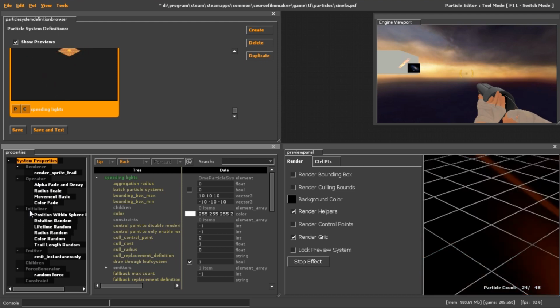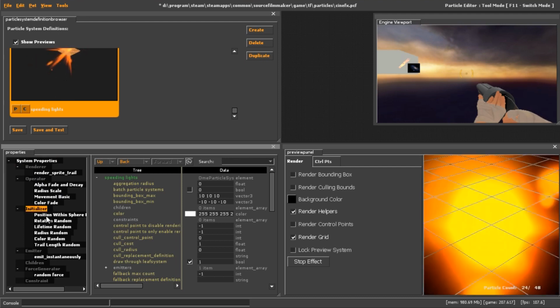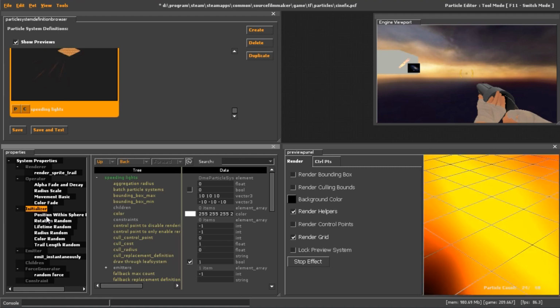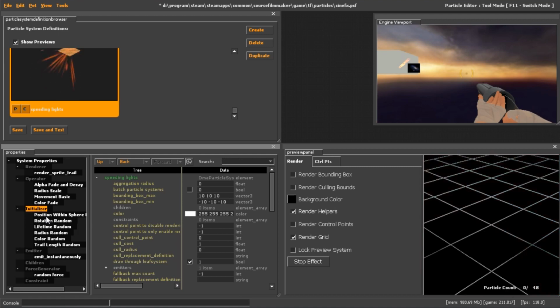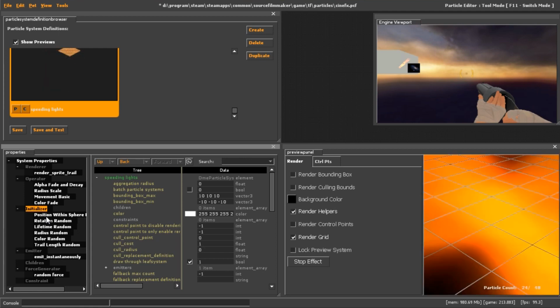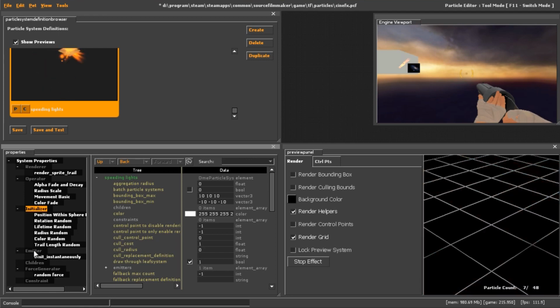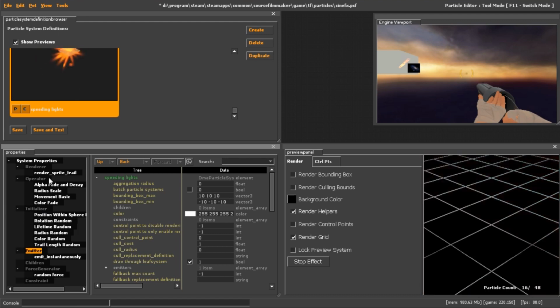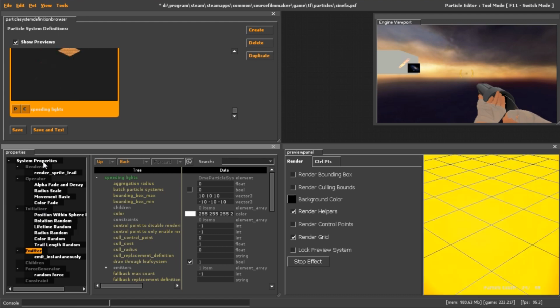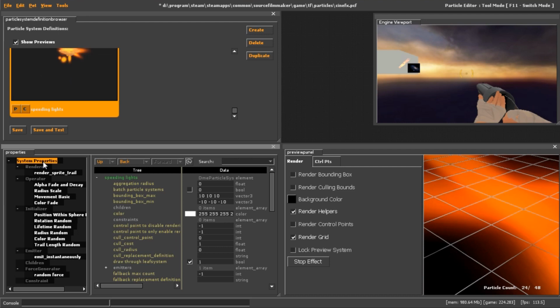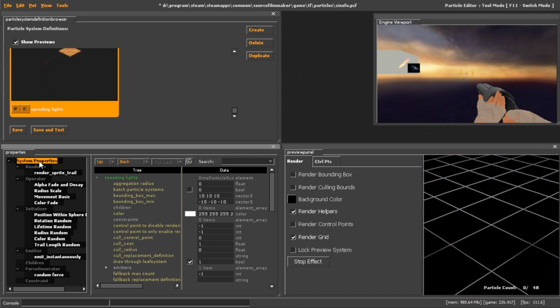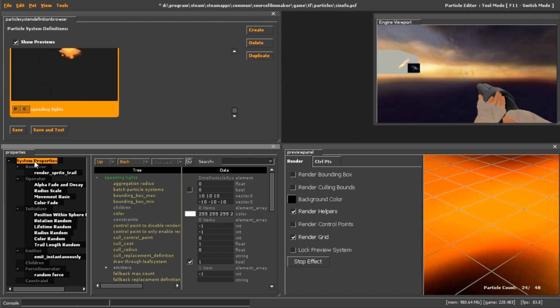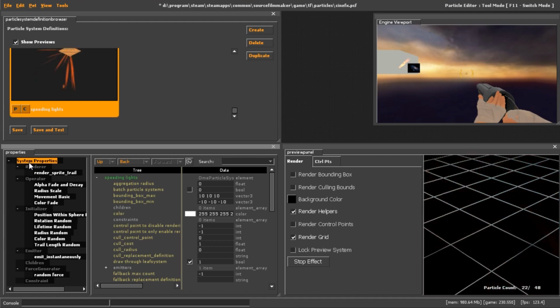In short, the initializer decides what properties each particle will have when they spawn, such as position and speed, while the emitter decides how each particle should be spawned, at what frequency. And the system properties contains the more static properties of each particle, such as sprite and radius and trail length